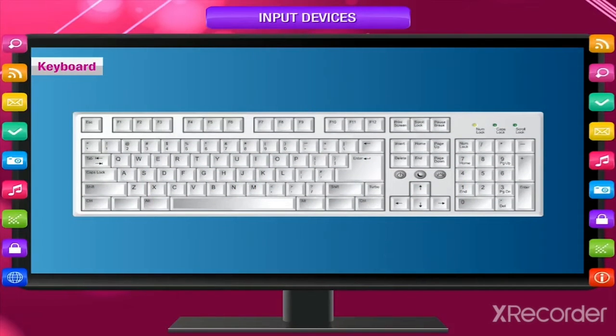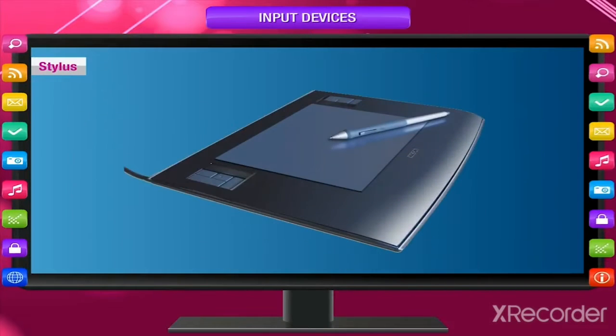Keyboard. Keyboard is another most commonly used input device. It is used to take text input. It looks like a typewriter. It is sometimes called QWERTY keyboard, as the first row of the keyboard has this set of keys placed together. Stylus.